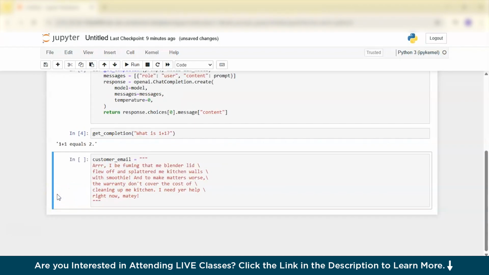Now here, the variable customer email is assigned a multi-line string using triple quotes, which contains a playful pirate themed message from a customer. The message describes the frustration of the customer whose blender lid flew off, creating a mess, and they are upset that the warranty doesn't cover the cleaning cost. So the backslashes are used to break the string into multiple lines for readability, but the string will still be treated as a single continuous piece of text. So essentially this is just storing a customer's complaint in a variable with some fun pirate language. So let's